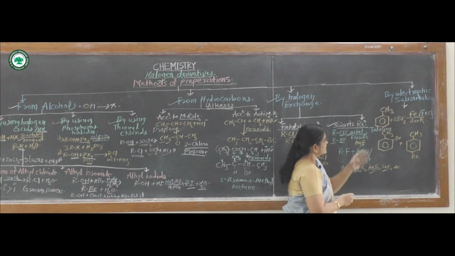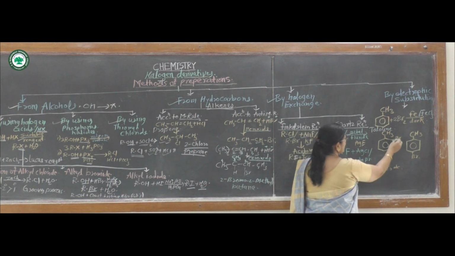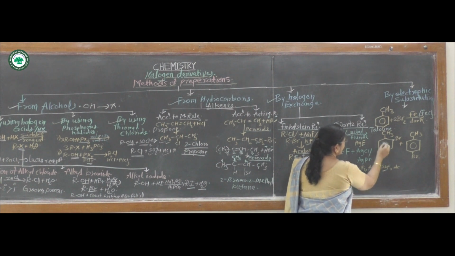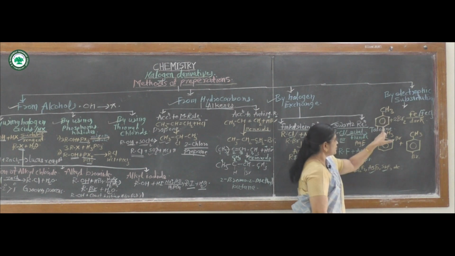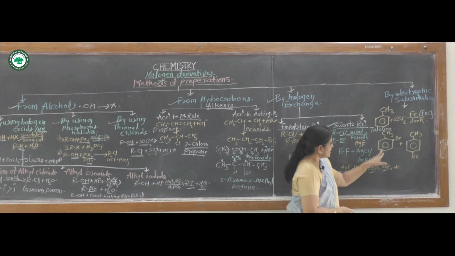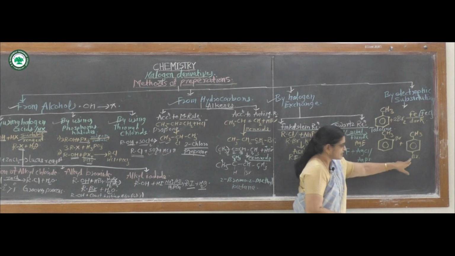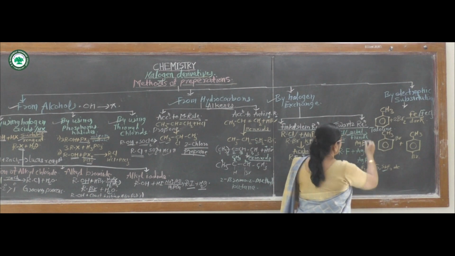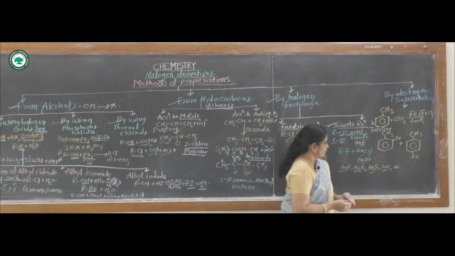That means it undergoes electrophilic substitution reaction. This bromine atom gets substituted at the ortho position or at the para position. Then it gives two products. First one by substitution at the ortho position and second one by substitution at the para position. Then it requires two molecules of bromine. Also for balancing this reaction, it requires two molecules of toluene.